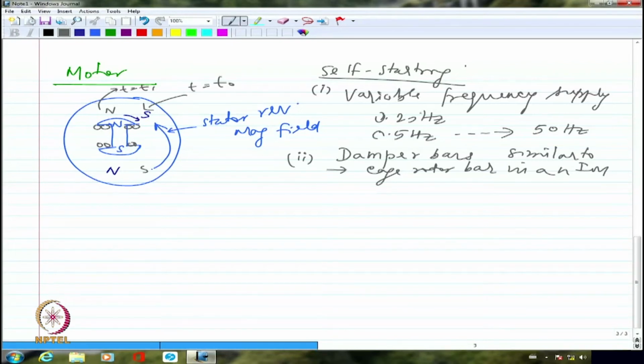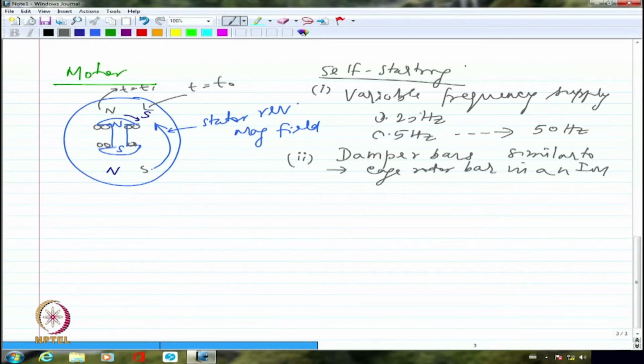Damper bars get that name because they damp out any oscillation in the speed. They make sure the rotor always goes towards synchronous speed. If there is any oscillation in the speed, it will always try to damp out the oscillation and push it towards synchronous speed,